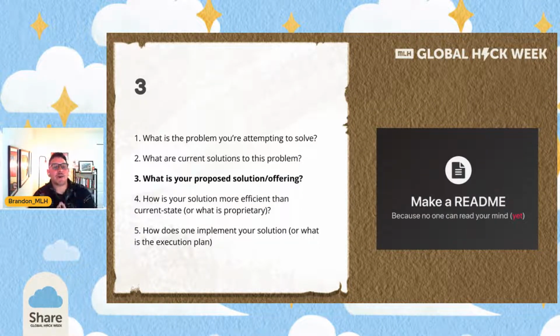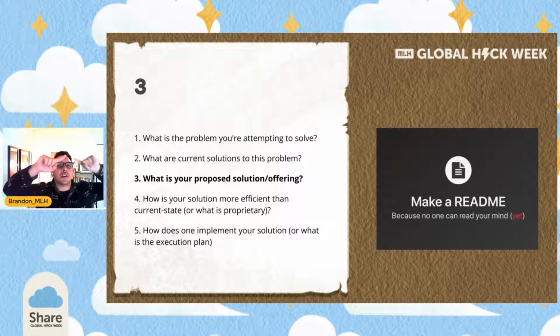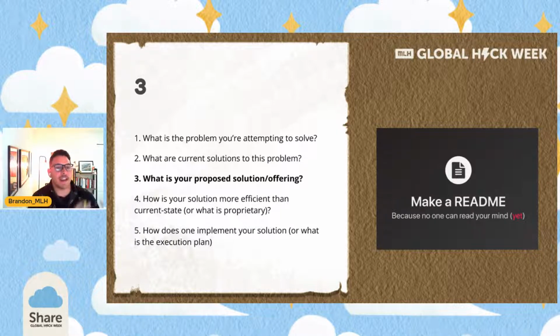Now, I have to think about what is my proposed solution here. And I am saying, hey, you know what? I want an integrated system where I only have to check one place to find the jersey that I want, right? So my solution is going to be a dashboard where I can plug in and get information from all different sources. Maybe I need to use the eBay API, or maybe I need to connect with Amazon. Maybe I need to connect directly into Shopify and have particular keywords. So my solution, I lay it out.